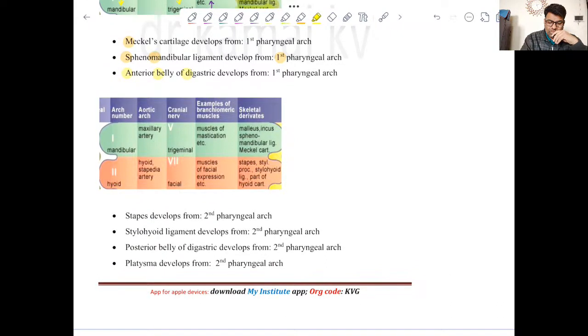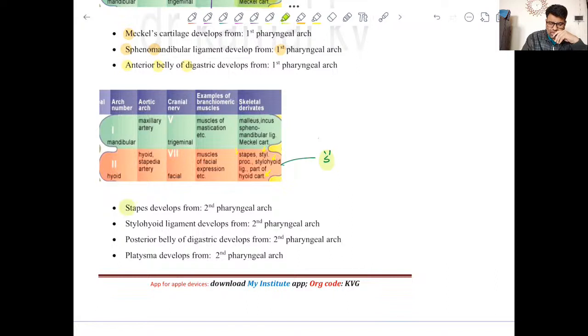Then moving forward to second pharyngeal arch, we can see there is derivative. The derivatives include stapes, styloid process, stylohyoid ligament, and then some part of hyoid bone. Now if you look properly, many structures are starting with the alphabet S. So stapes, stylohyoid ligament, then